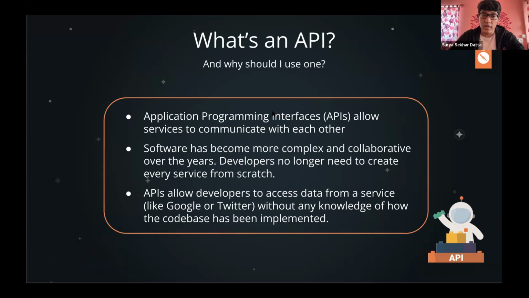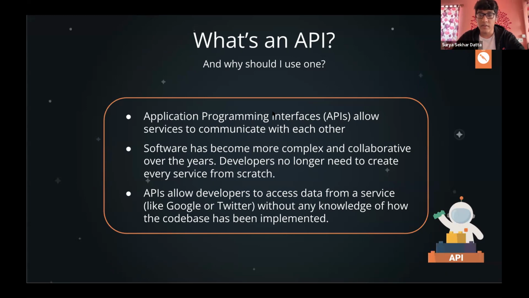So moving on to what an API is, a technical definition basically. Sometimes we need to get the data from a service, for example, like Google or Facebook. And since we don't have access to those companies' code bases directly, we cannot see the whole backend code they have, right? So they have created APIs for developers and users so that they can get information about the services without needing to access the code base.